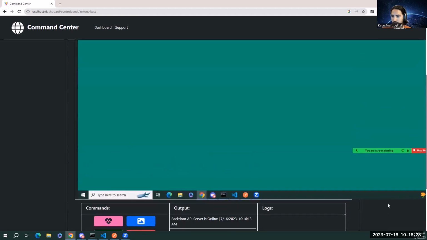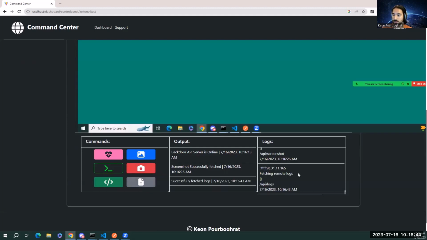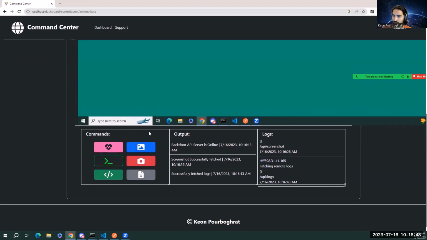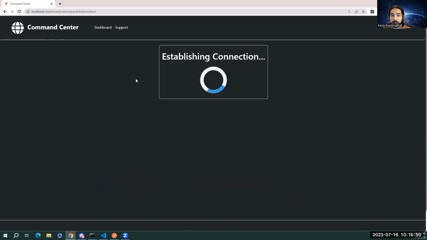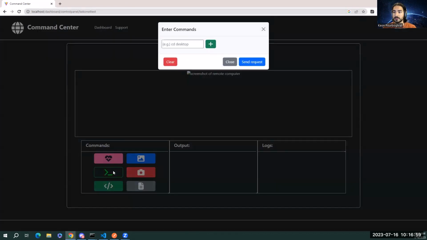This is a UI issue. This is a non-interactable screenshot. There's nothing you can do here, it's just a static image. I think this one is logs. So this is specifically, I can grab all the logs of all the commands, including IP addresses and all that stuff, showing who's actually interacting with this machine, and all that stuff. I can send terminal commands,